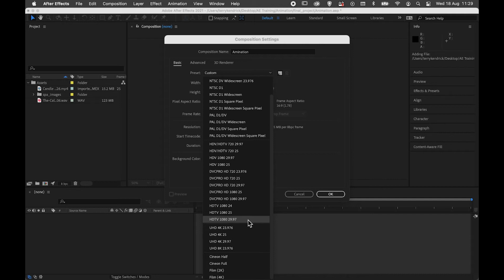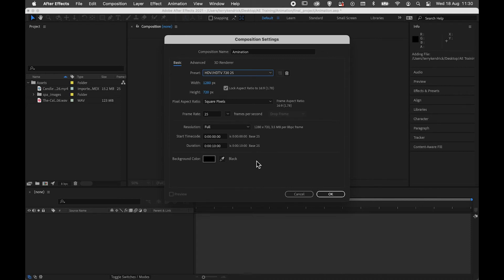As I'm going to be producing this for social media, I'm going to keep the file size reasonably small. I'm going to pick this feature here, HDV TV 720 25 frames per second. I can specify the color of the background. I'm happy with that being just black, and I've also got the option here to specify the duration of my